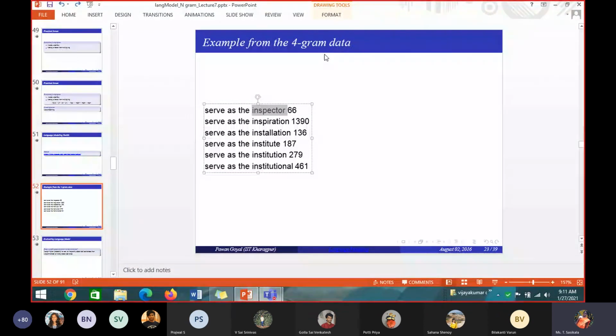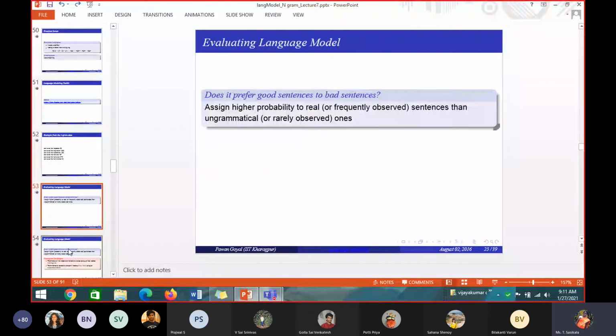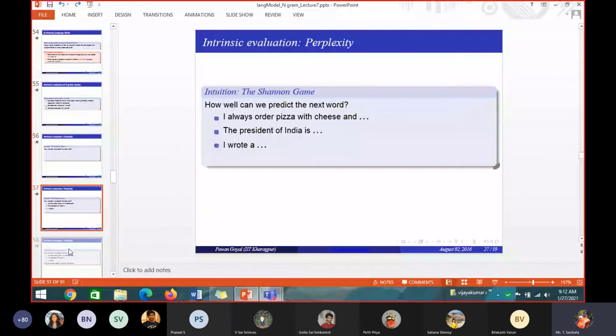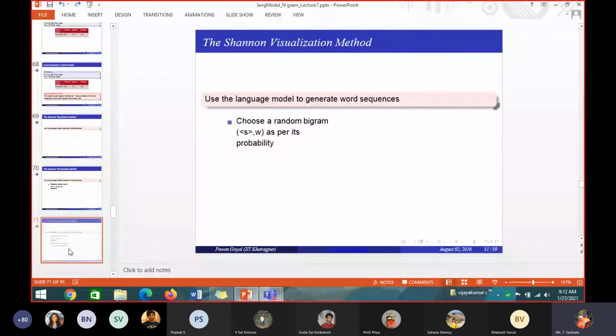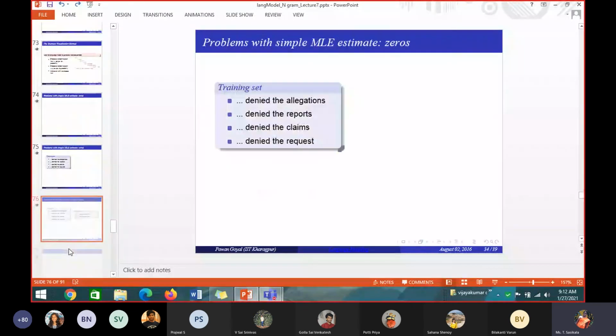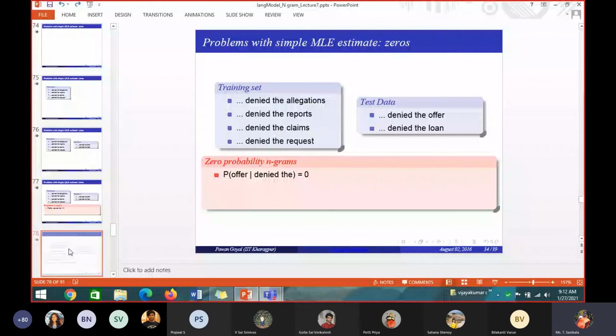Okay. So, evaluating language model, whether we'll be able to finish today or not, I don't know. So I'll give some example problems now. You can solve it. Okay. Evaluating language model, we will be doing it in tomorrow's class, or whether I can finish it. I think I can do it today. Or I'll give some problems, you will do it.